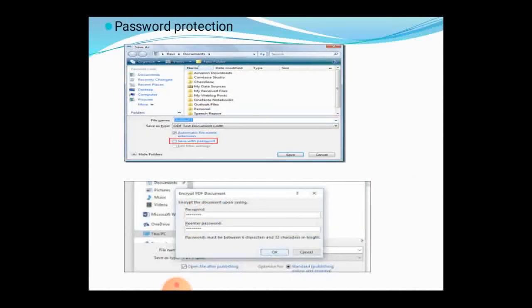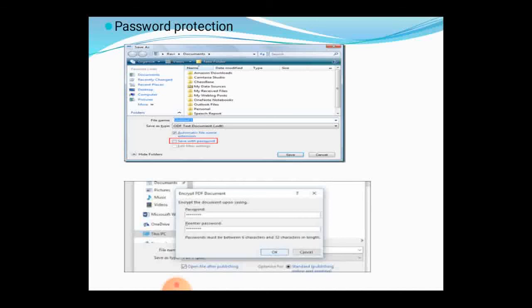Okay. Next thing is password protection. If you want your document to be safe and secure, you have an option to save your document with a password. For that, as we saw in the first session on saving a file, there is an option for Save.